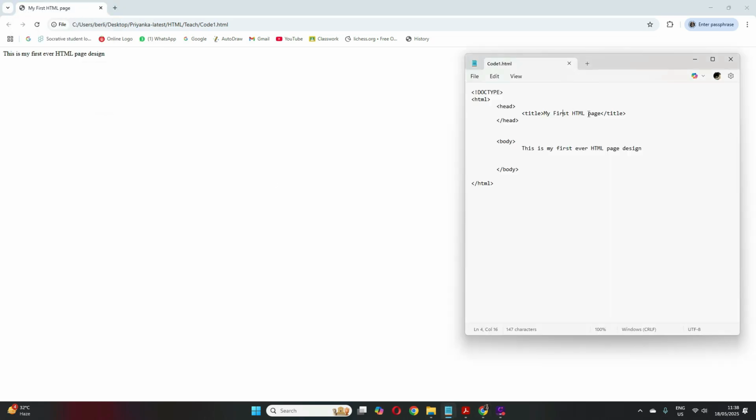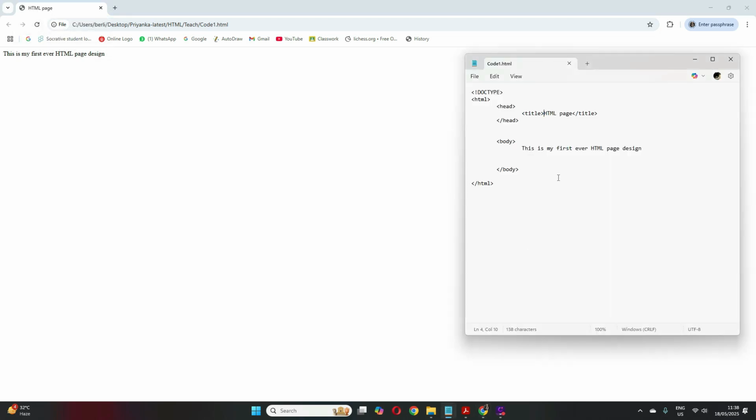Suppose I change this to "HTML page", save this again, and refresh. See, it changed to "HTML page". Did you see that? Whatever you give within the title inside the head comes as the browser tab name.